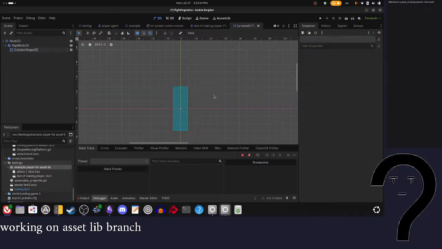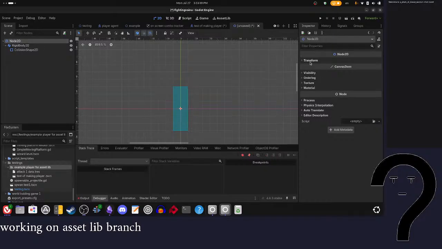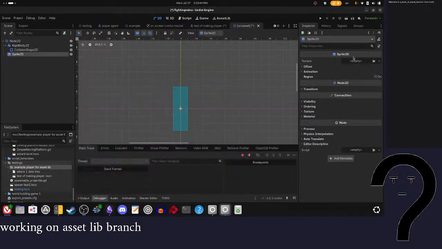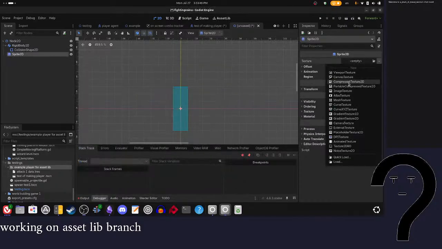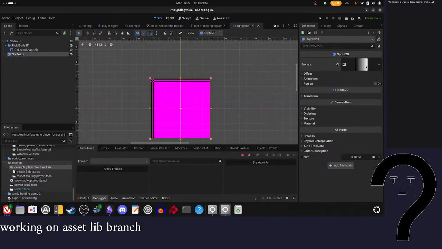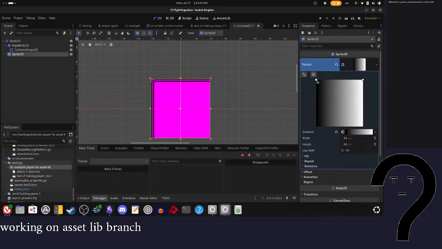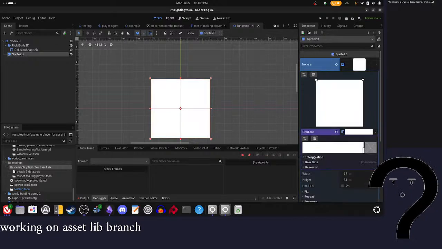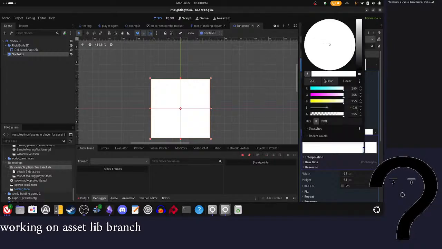Okay. Let's add a sprite. 2D gradient. Delete this. That and go solid. Change the color to brown,